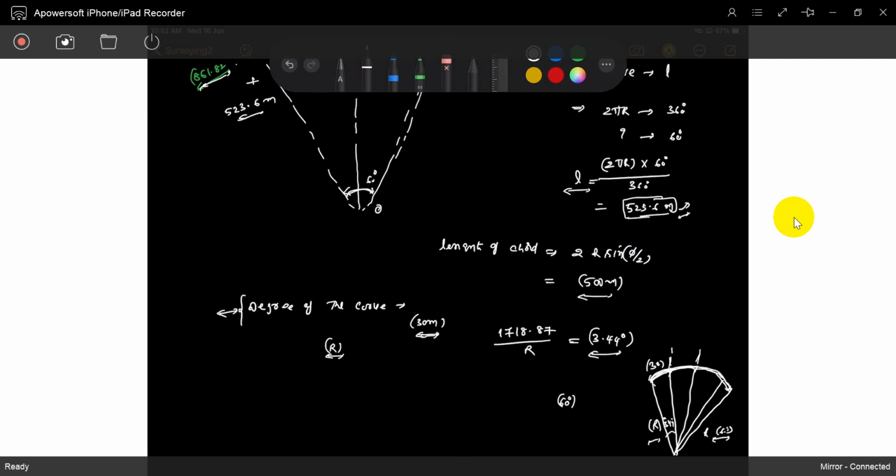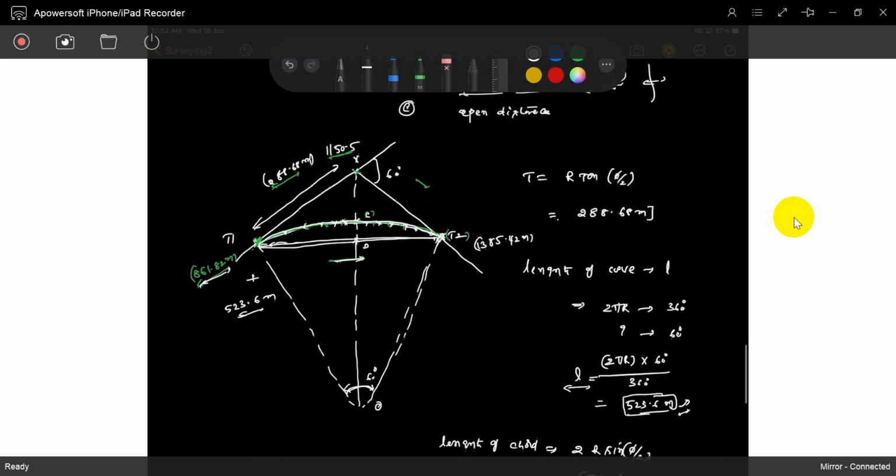We have the availability of only a 30 meter chain. If only a 30 meter chain is available to you, then we have to find out the degree of the chain. So based on that, we can fix those points. Later we will see.